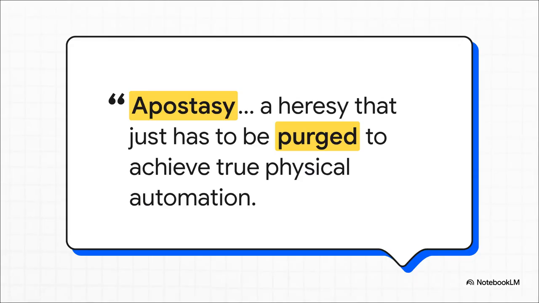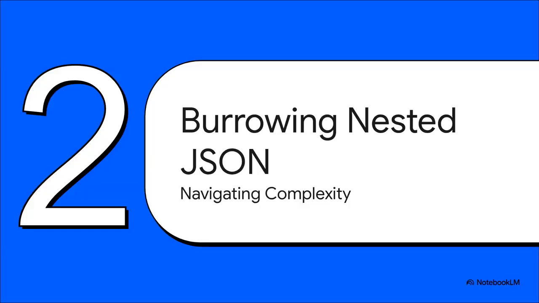And the software documentation for this new standard absolutely does not mince words. They explicitly banish that old floating upside-down tree metaphor. They straight up label it as apostasy, a literal heresy that has to be purged. It sounds super dramatic, I know, but the logic is ironclad here. If you want exact deterministic physical automation, you absolutely must be anchored. No way around it.